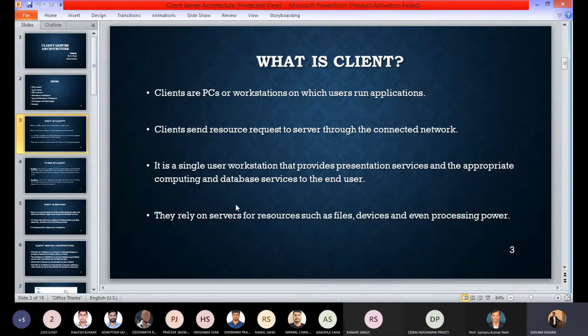When we log in, when we type our credentials into the Facebook page, they go to the servers, cross-checking whether the email ID or the password provided by us is right or wrong. So without the help of the servers, this client is just a presentation page and nothing else. So they rely on the servers for fulfilling our needs.